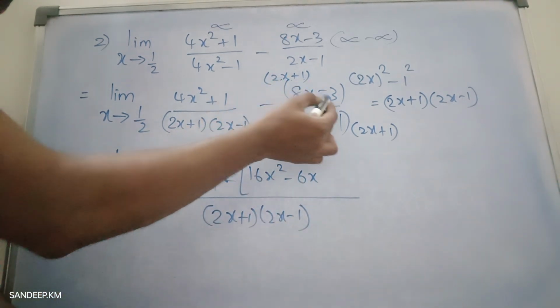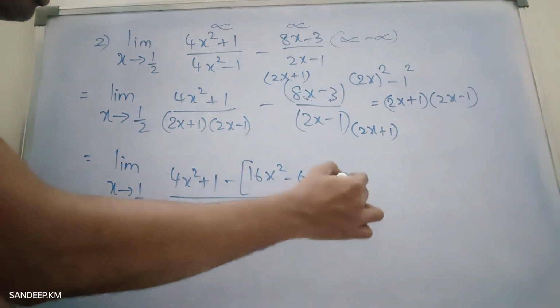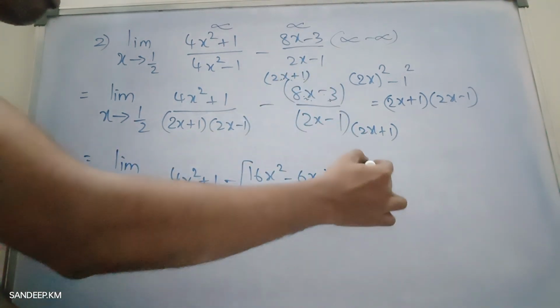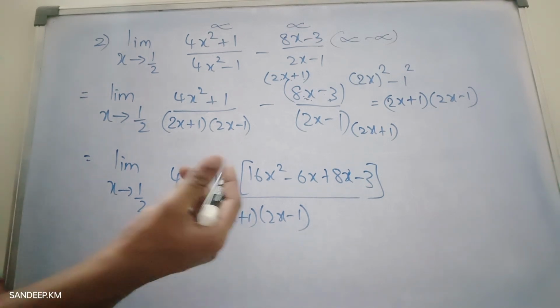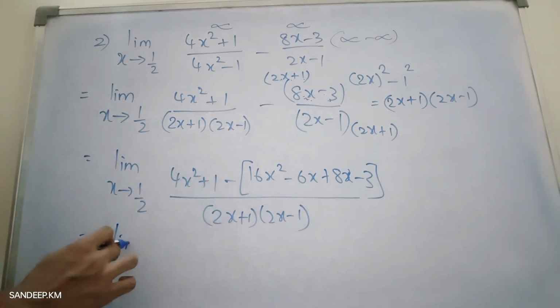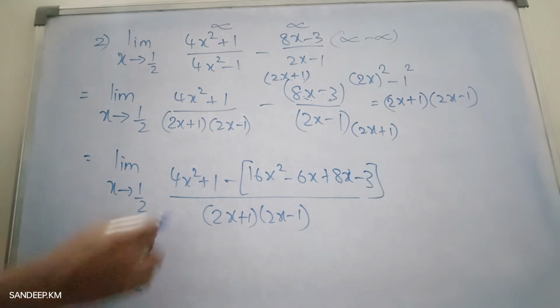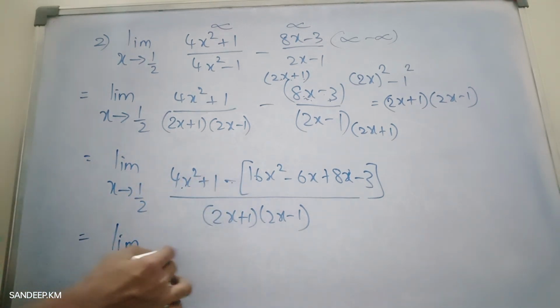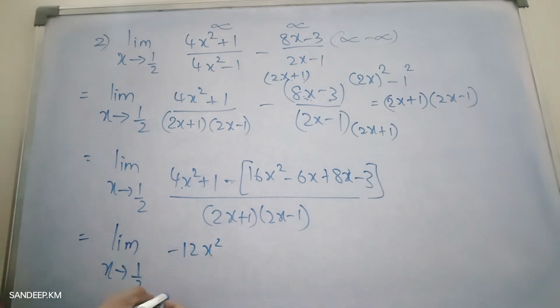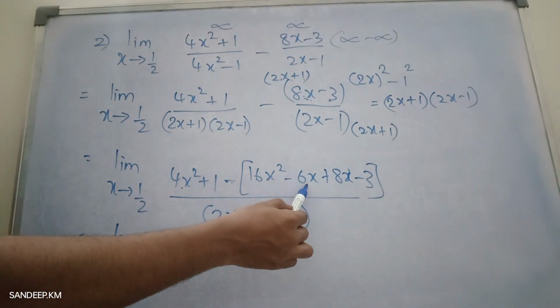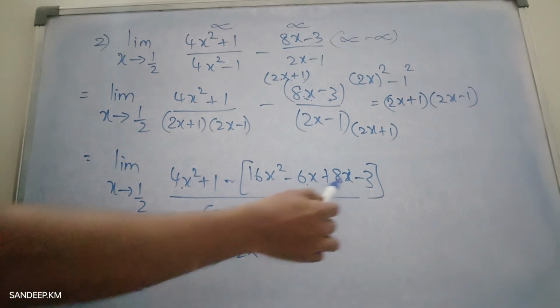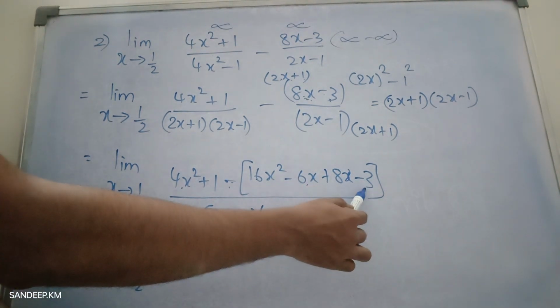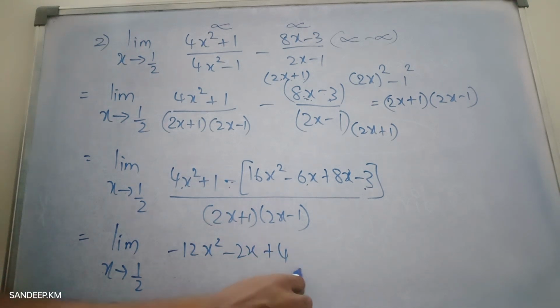Next, 1 is multiplied with both of them, so 1 into 8x and 1 into minus 3. If you simplify the numerator, you will get a quadratic expression, correct or not? So limit x approaches 1 by 2, 4x square minus 16x square will be minus 12x square, and this is 8x minus 6x, which is 2x with negative sign, so minus 2x, and then minus of minus 3 is plus 3, plus 3 plus 1 will be plus 4, whole divided by 2x plus 1